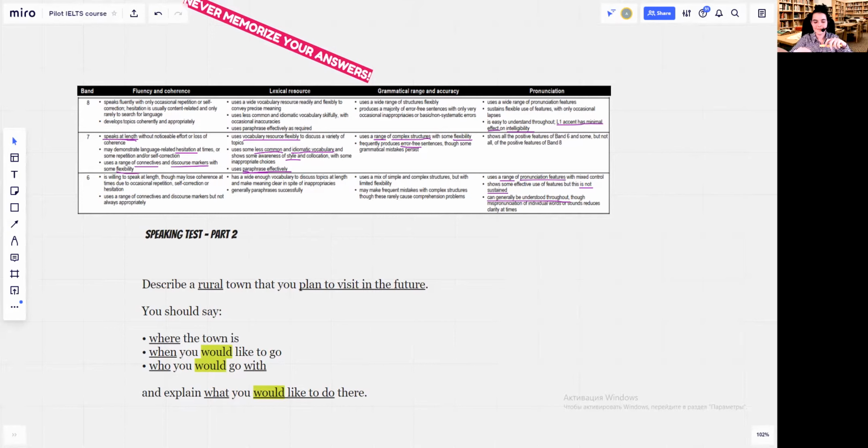Track 7. So, I'm going to tell you about a town in the Lake District, which is a beautiful region in the northwest of England, pretty close to the border of Scotland. There are dozens of fantastic little villages and towns there, but the one that tops the rest is called Windermere. It sits on a huge lake and is surrounded by hills, trees, and rocks. I've been lots of times already, and I can't wait to go back. As soon as I finish the second semester at university, I'm going to head up there again.